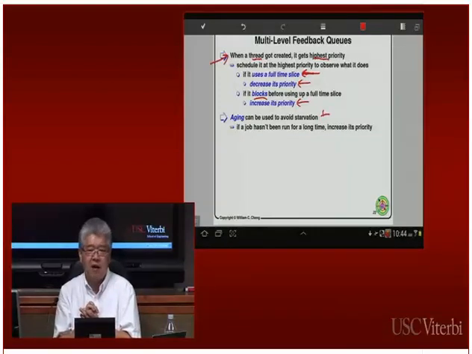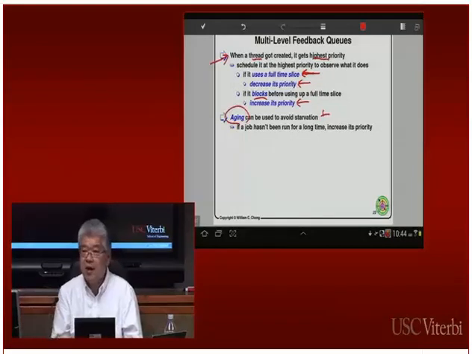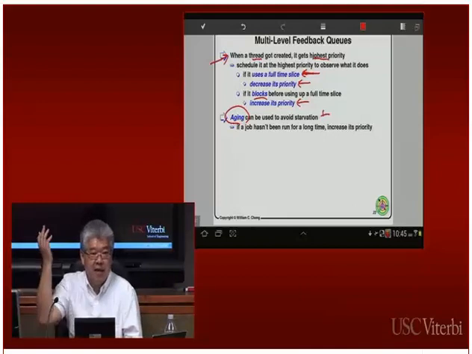Okay, so we have to take care of the situation where, if a lot of jobs come and go, you're going to end up with a job that's stuck at the lowest priority and never gets to execute. So what do you do? We can use a mechanism called aging. If a job is stuck in the low priority queue and never executes, we start to age this particular job. When it gets to a certain age, we promote it and run it